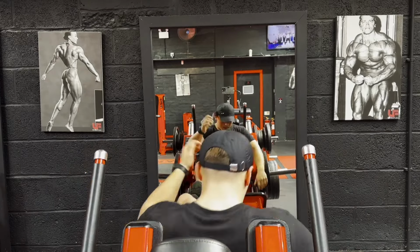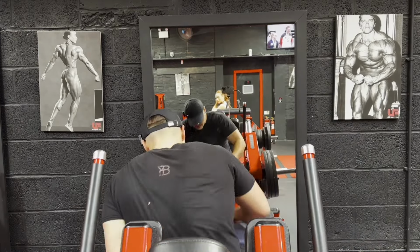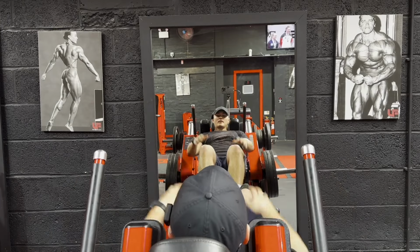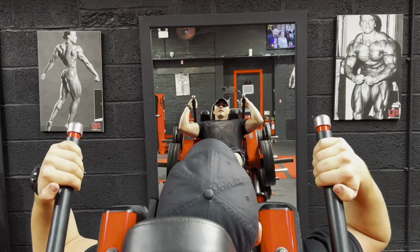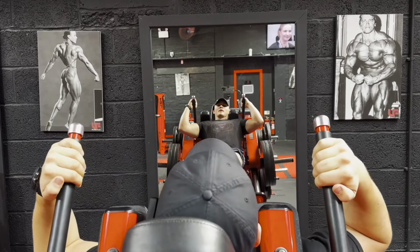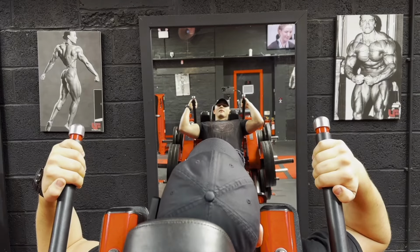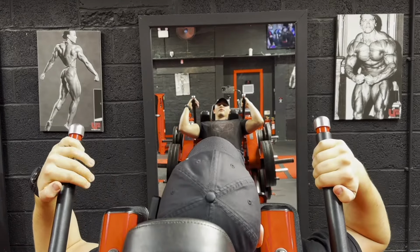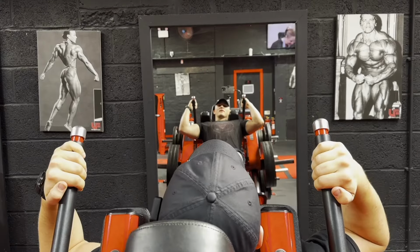There we go. So I'm going to try 120 here. Now obviously with things like squats you can go super heavy, but it's not all about going really heavy all the time. Yes, it is a compound movement, but sorry, that was really loud. It's also a little bit about control and trying not to let your back or your bum leave the back of that seat. If we're doing this on a Smith machine, put your feet slightly in front of you,